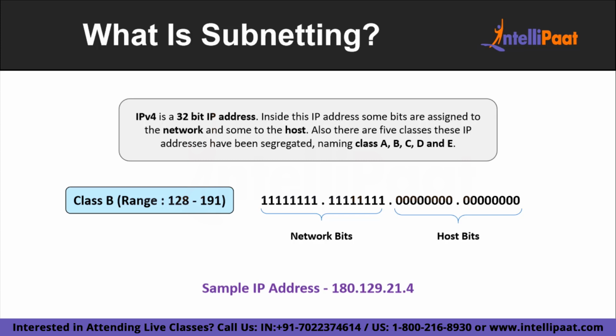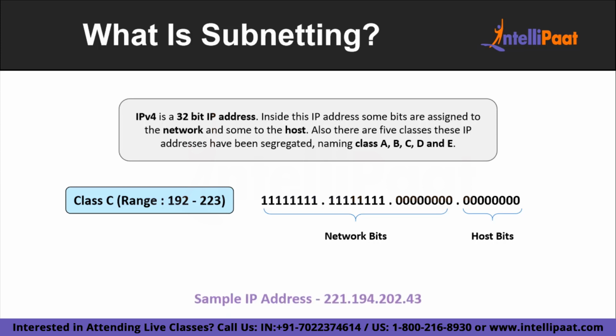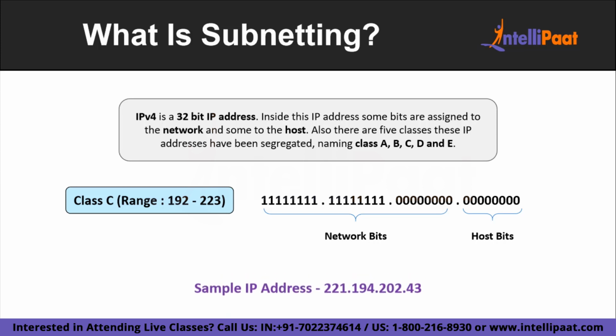The range for this class will be 128 to 191, and the sample class B IP address will be 180.129.21.4. Whereas in the case of class C, you'll have 24 bits as network and only 8 bits as host bits. The range for this class will be 192 to 223, and the sample class C IP address will be as